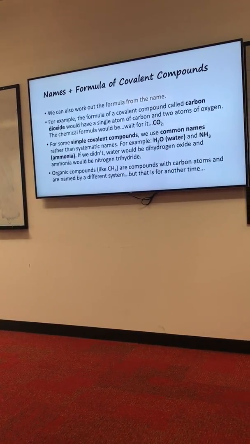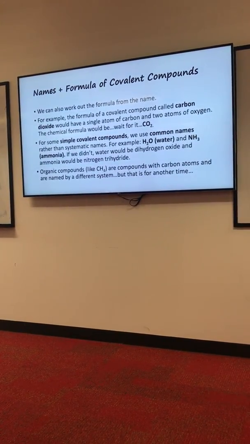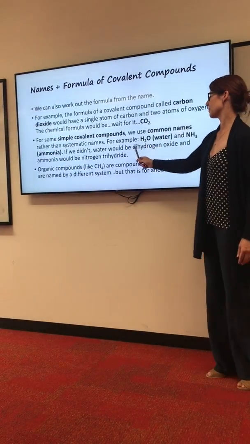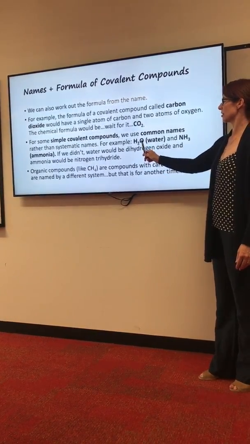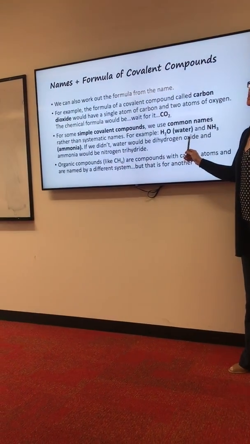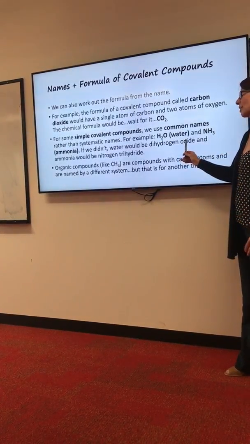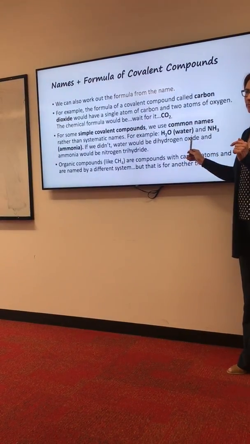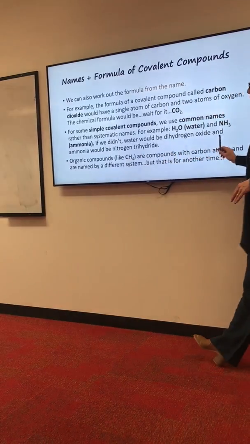Now, there are some examples of covalent compounds that we don't actually call by their proper name, but obviously if we did, water would be hydrogen, 2 hydrogens, oxide, 1. That's an example where we don't put a mono. You know how sometimes we do and sometimes we don't? If you put it, it wouldn't be marked wrong, and if you didn't, it wouldn't be marked wrong, because it's one of those grey areas. In ammonia, it would be nitrogen